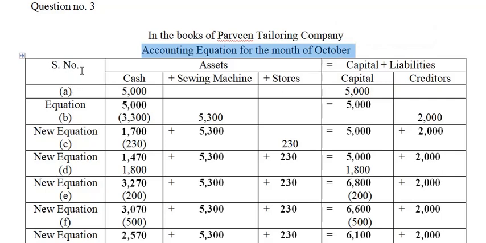This is your serial number column, and in it we will place the numbers as given here, accordingly. But before you start the work, you have to prepare rough work in a separate piece of paper or in your rough copy, noting what accounts are involved here. Let me take you to another page.